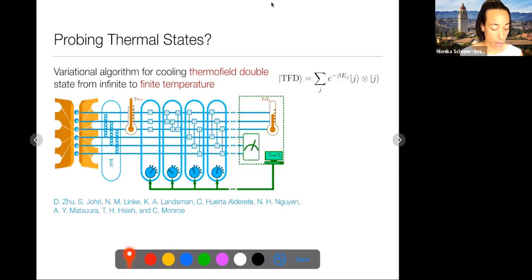which is to say they have, so right, this is their initial state. These bonds here are indicating EPR pairs, right? So this is one copy, this is another copy of the system, they're entangled. So we start with this infinite temperature thermofield double state. And then they have some sequence of gates that they can apply. Without going into too much detail, the basic idea is that if you have some parameters you can vary in this subsequent circuit, you can try to steer the system to a lower energy state. So this is a hybrid quantum classical algorithm where you implement some circuit here, you can measure,